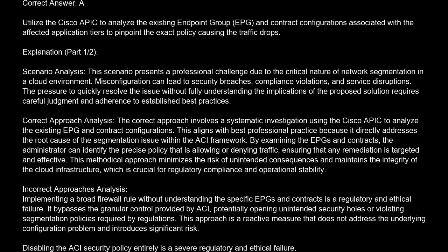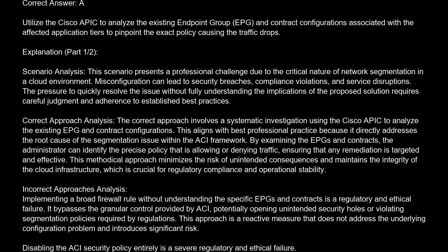environment. Misconfiguration can lead to security breaches, compliance violations, and service disruptions. The pressure to quickly resolve the issue without fully understanding the implications of the proposed solution requires careful judgment and adherence to established best practices. Correct approach analysis. The correct approach involves a systematic investigation using the Cisco APIC to analyze the existing EPG and